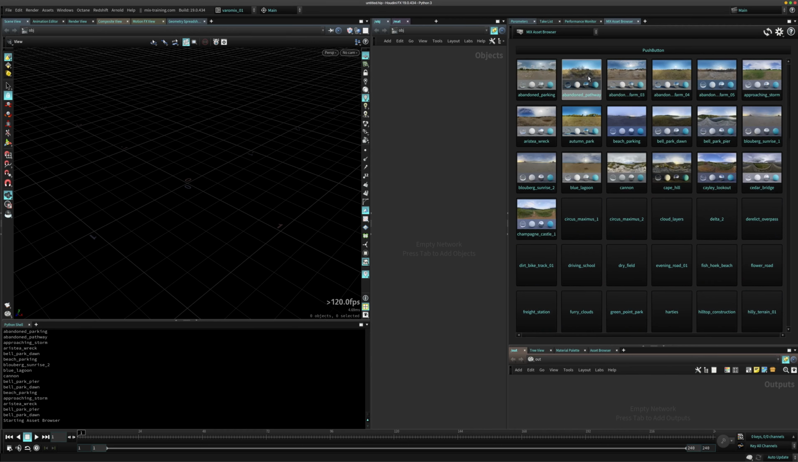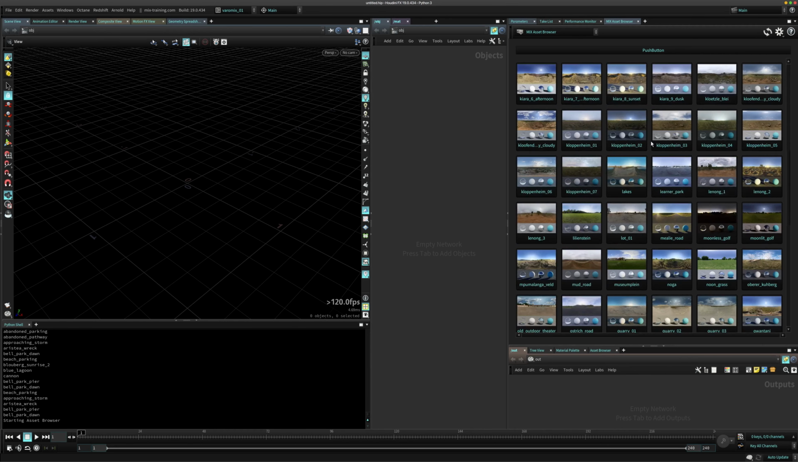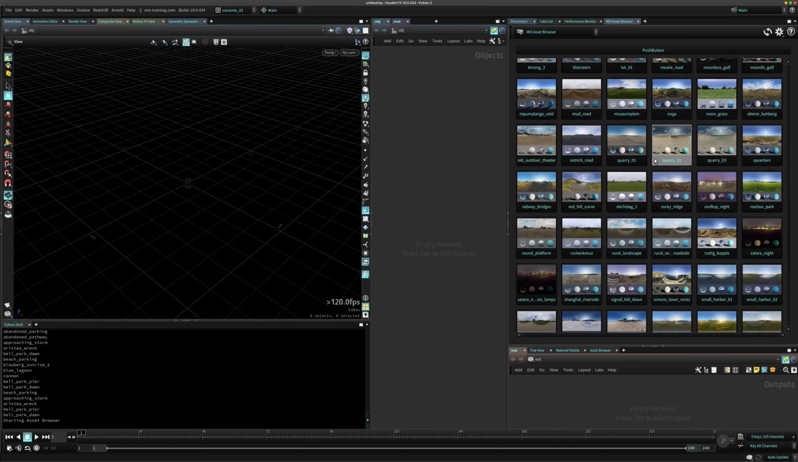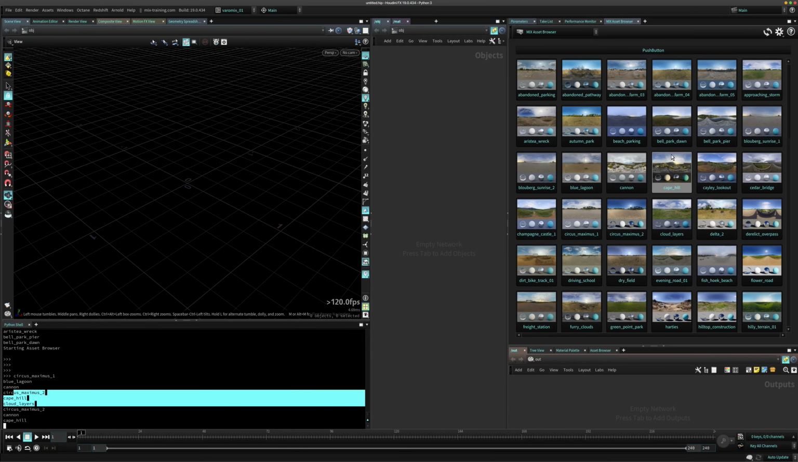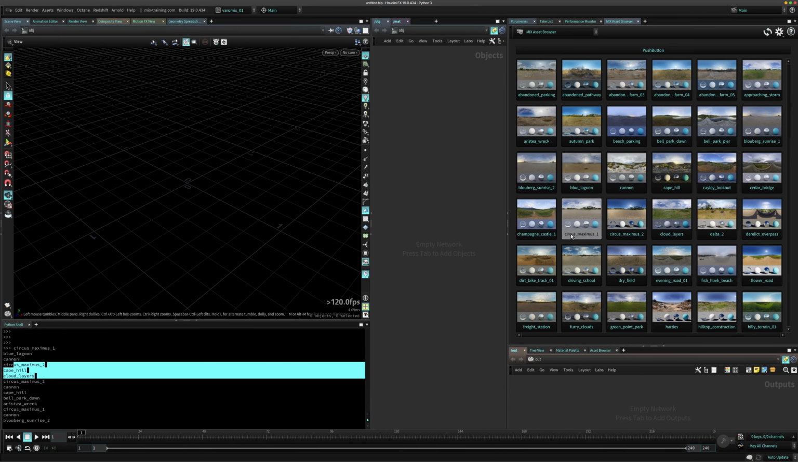If I reload this, see it's loading all the HDR images from the side. They have a name already. You can see here at the bottom, if I click on one, it already does something. So it's just printing the name, but that is great because now that we have this, we can just start